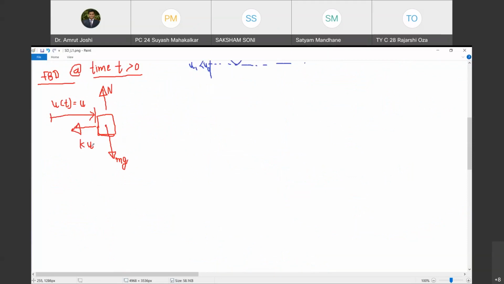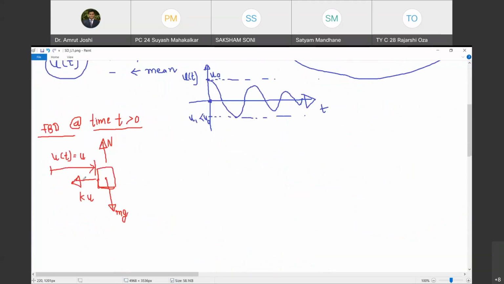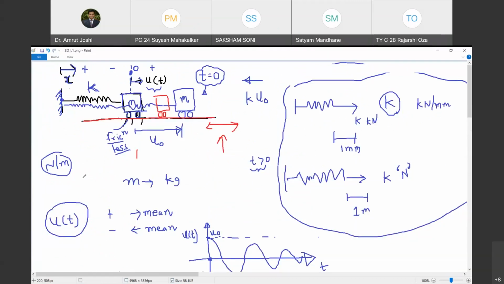Yes, sir. But when you deal with the free body diagram in dynamics, you also show its acceleration. Do you agree with me? Yes, sir. We also need to show its acceleration. In statics, the body is either at rest or moving with uniform velocity. Therefore, there is no necessity to show the acceleration. In fact, the acceleration does not prevail. But in case of dynamics, you must show the acceleration as well. Do you agree with me?